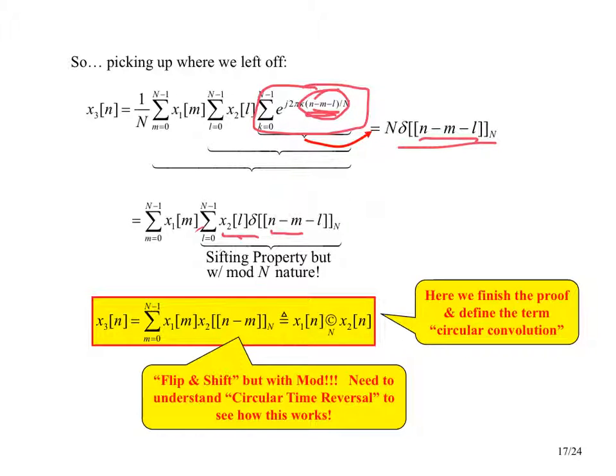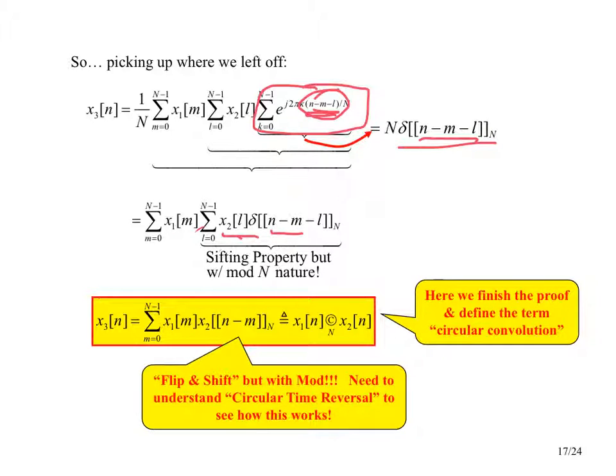And so what we finally get is this result that says that the signal that we get after we form two DFTs, form their product, take the inverse DFT, ends up looking like a convolution, except one of the signals, the signal that is flipped and shifted, its indices, after flipping and shifting, are evaluated mod N. And so that's what we actually define to be circular convolution. So it's not quite the normal convolution, it's a variation on that,